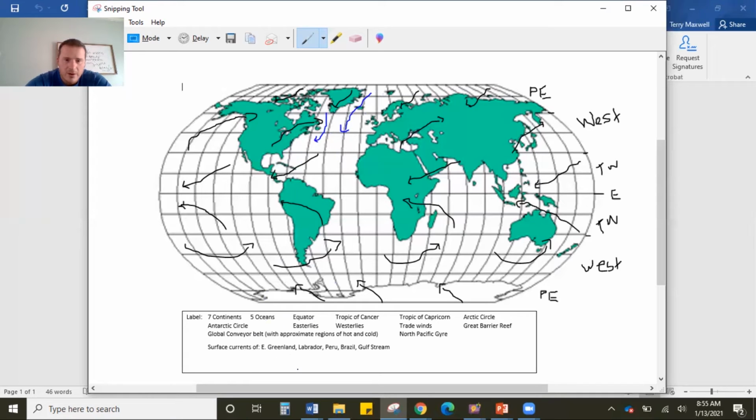And then we have another cold current, the Peru current, which is again going to come from the poles and move north towards North America there. And then we have warm currents with Brazil and the Gulf Stream. And so the warm currents are going to come from the equator. So that's when you know which direction they're going to go. So it's going to come from the equator and move down